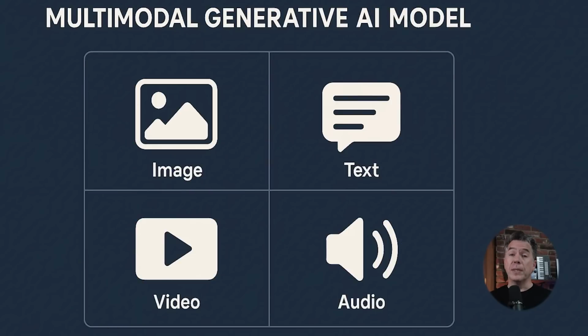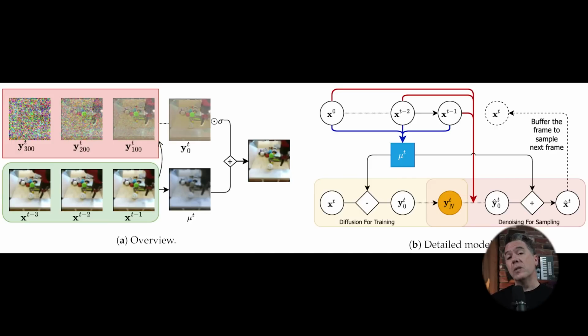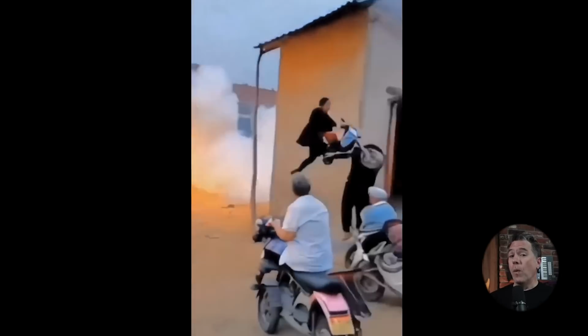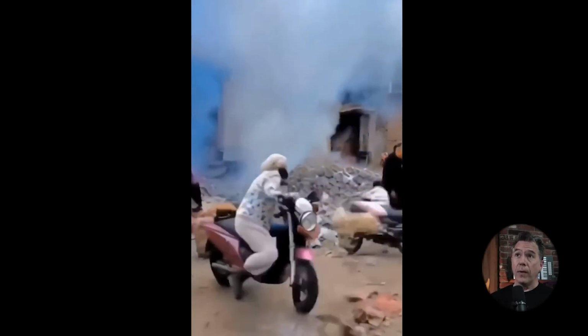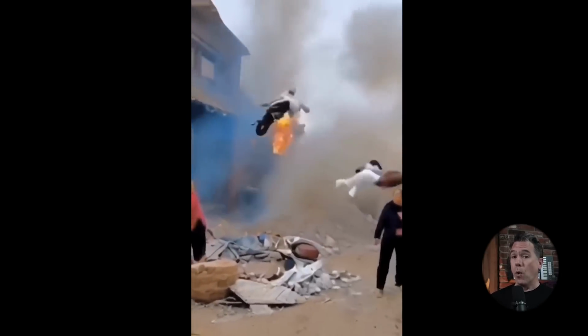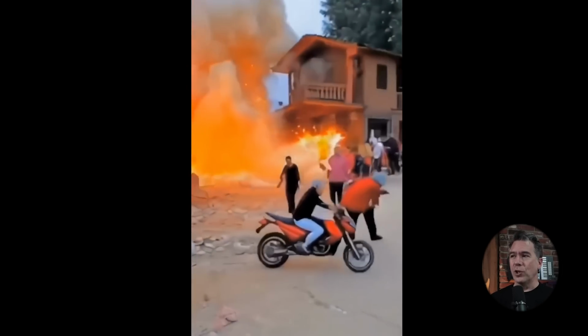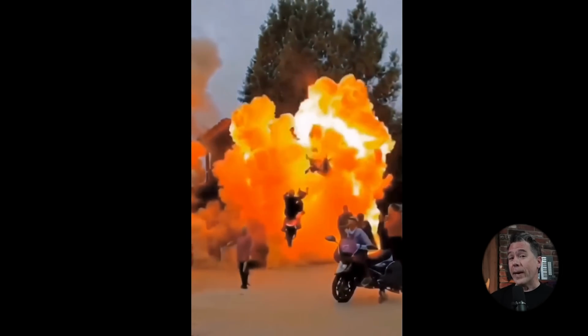Now, we've talked a bit about multimodal models on the channel in the past, but just to bring you up to speed in case you weren't aware, typically up to this point, the way that we generate AI images and video is through a diffusion process. That's where everything begins with a burst of static, and then the model begins hallucinating over that static based off of your prompt to create either an image or a frame of video. The problem with the hallucination method is that, of course, as the model continues on, it will hallucinate more and more and eventually end up further and further from reality, as showcased here in